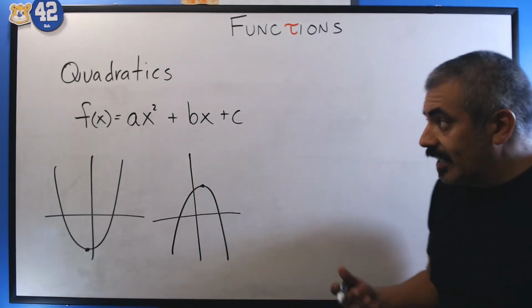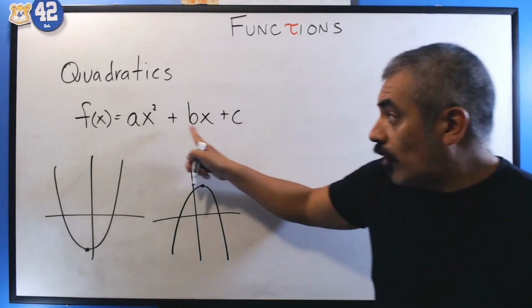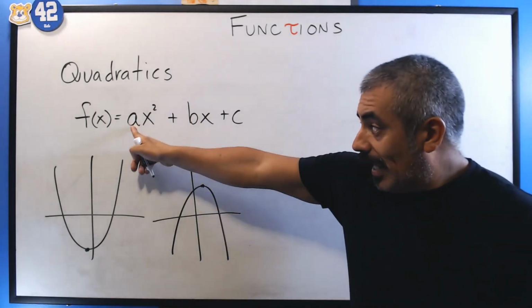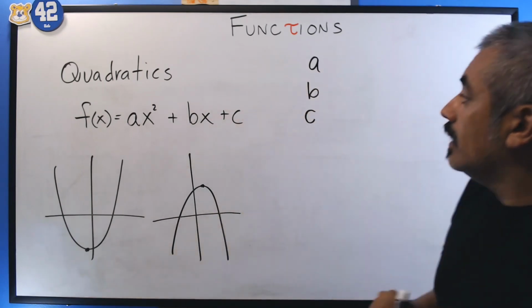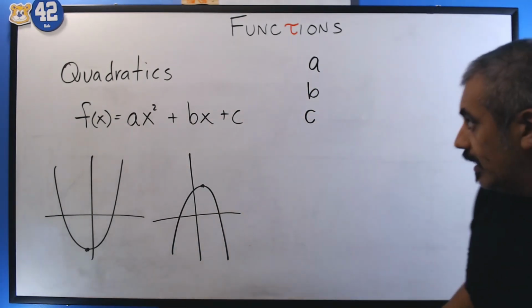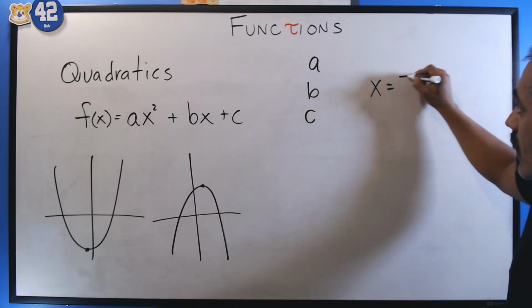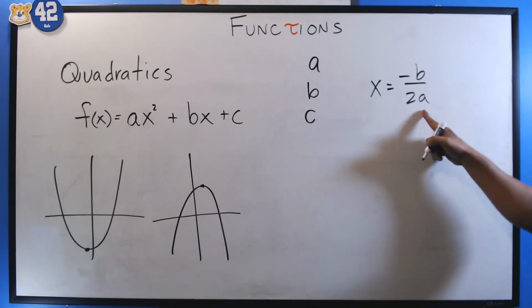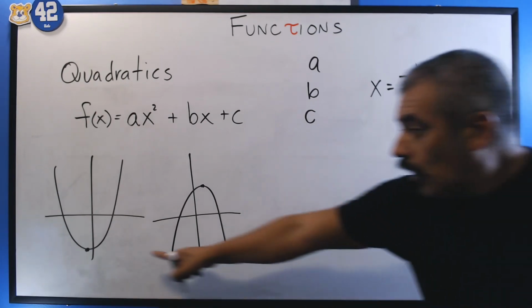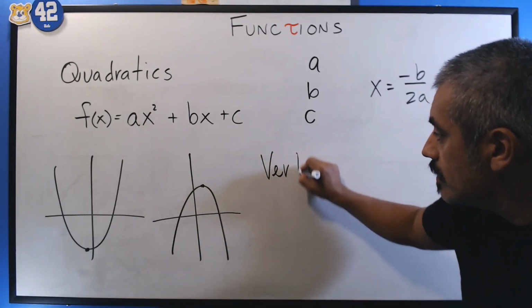To find the vertex, we're simply going to take our quadratic and identify the coefficients of our terms. This will be a, b, and c. For this, we're not really going to need c, but we are going to need a and b, and we're going to say x equals negative b over 2a. This right here is going to be the x value of our vertex. So if we want to say vertex,